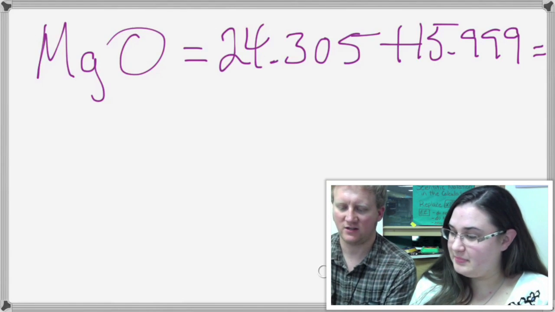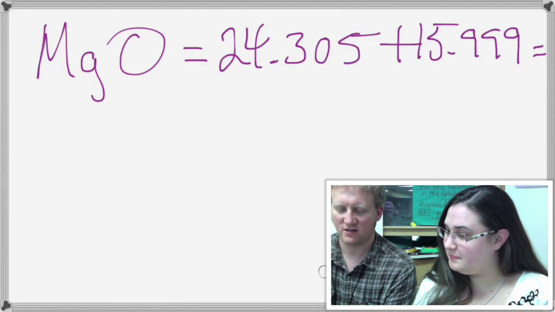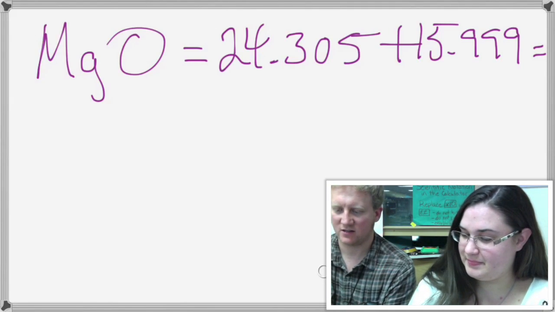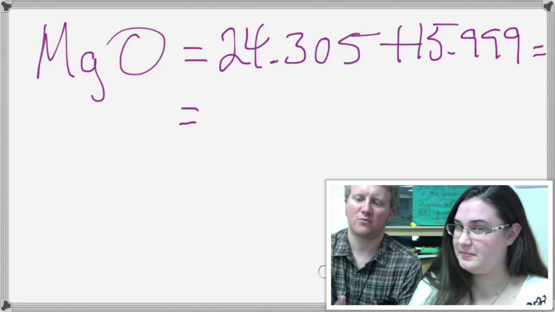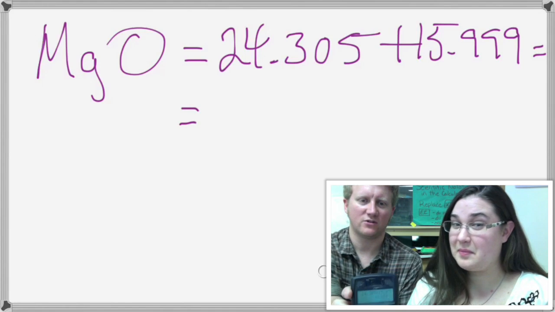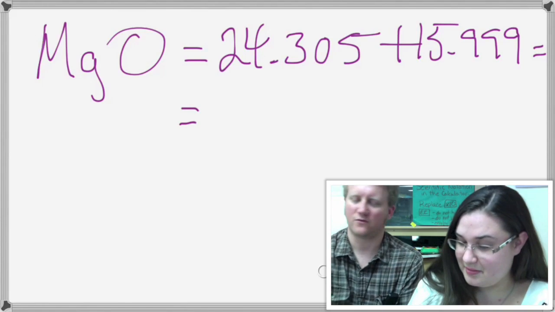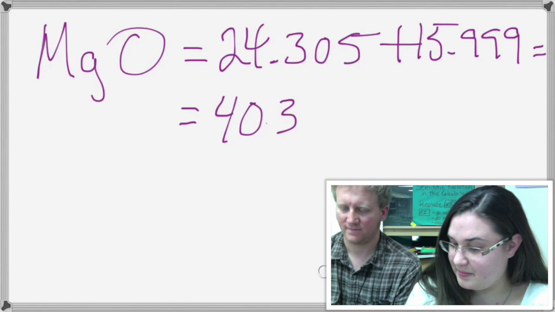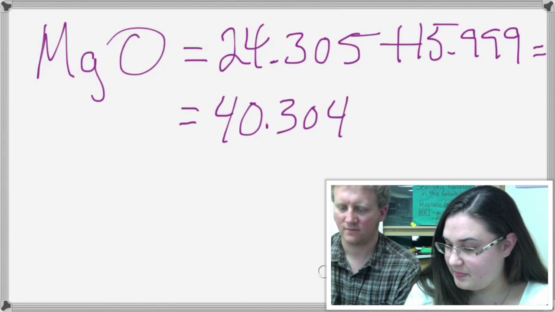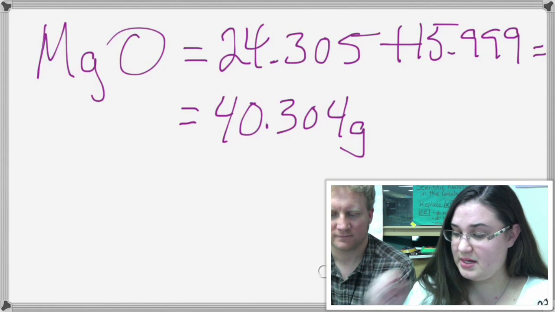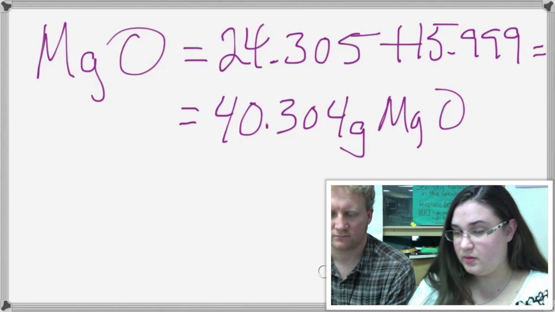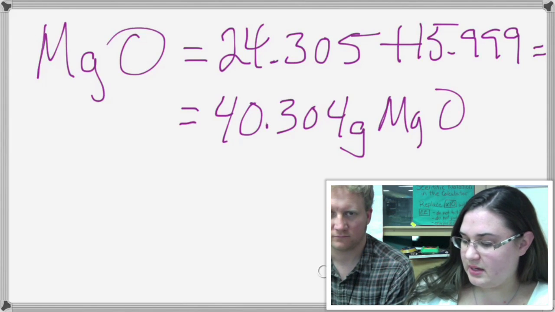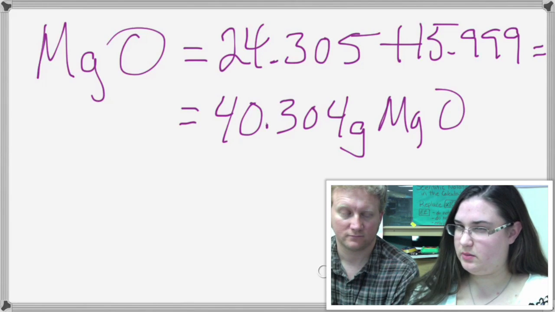So we said 24... Magic calculator. 24.305 plus 15.999 gives us 40.304. Is that what y'all got? I'll go for it. And we said those are always in grams, so there we go. Of MgO. Oh, okay. So if you're dealing with one, though, that has multiple of something, let's say we're dealing